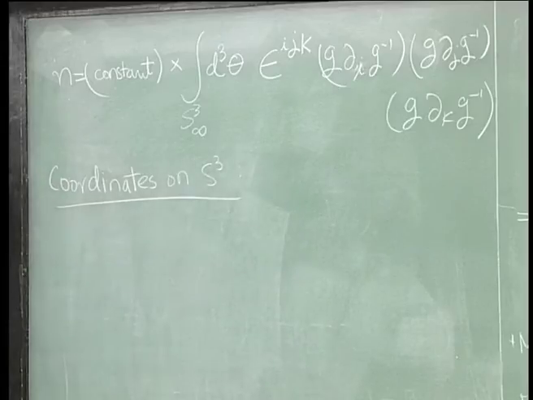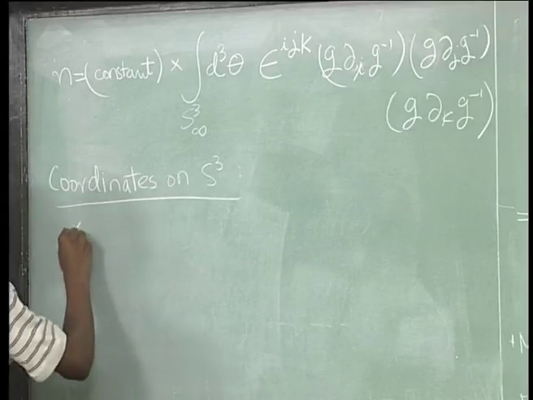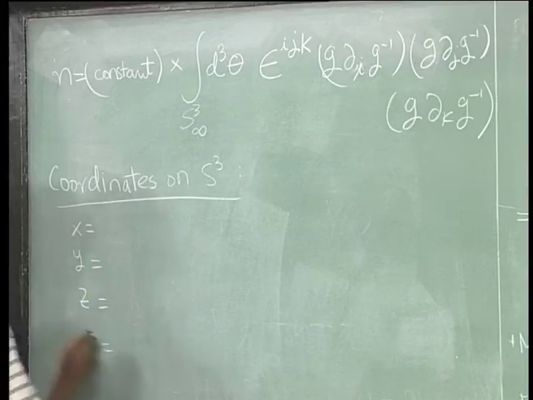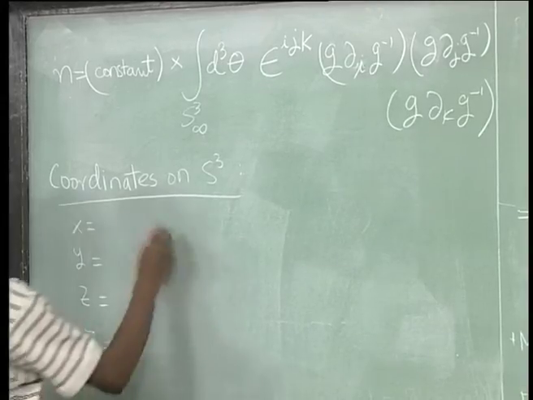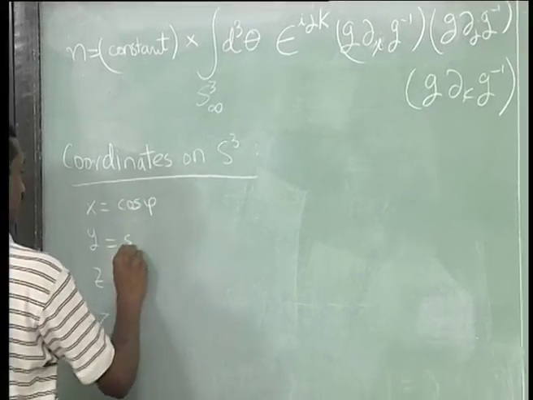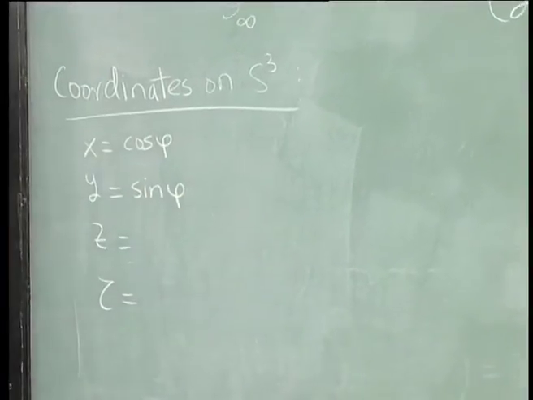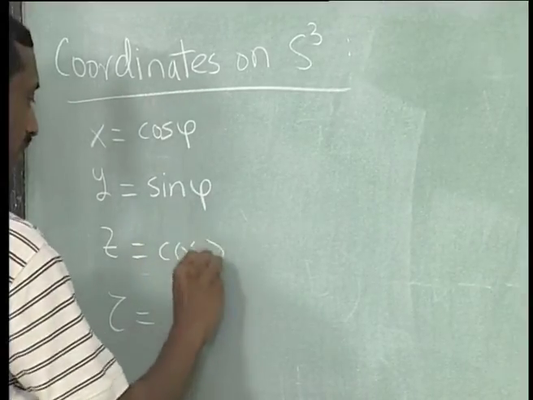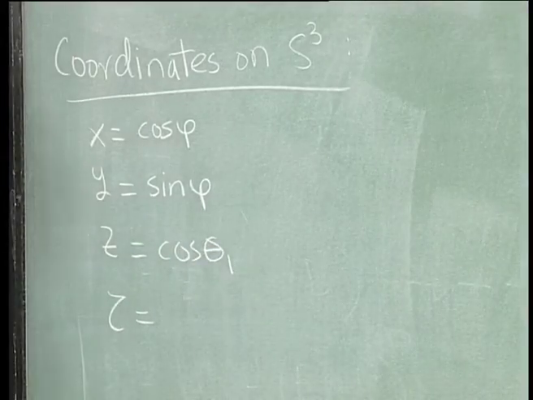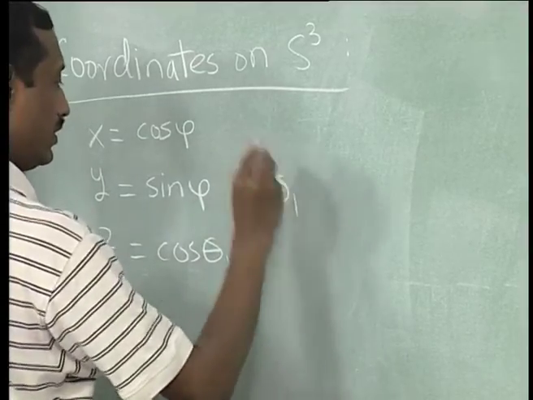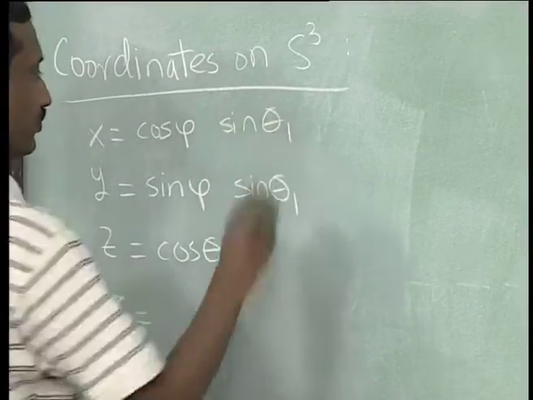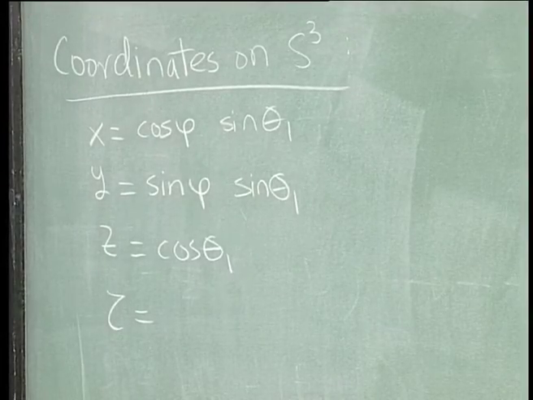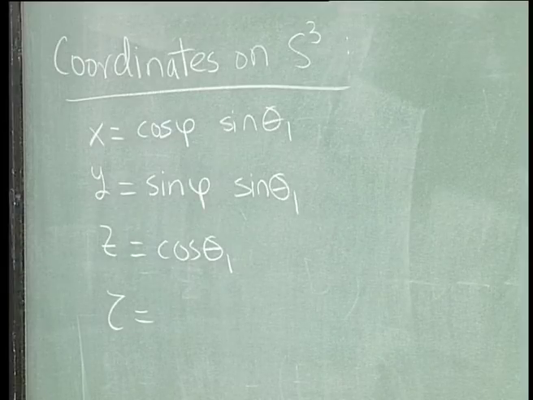Okay. So what we will do is, you start with the usual x, y and z coordinates, and then there is the last one which is tau. So what you usually do is define an angle phi through this, and then we define a second thing which we will call cosine theta 1, sin theta 1. So theta 1 and phi would be our normal spherical polar coordinates, but now the natural way to go